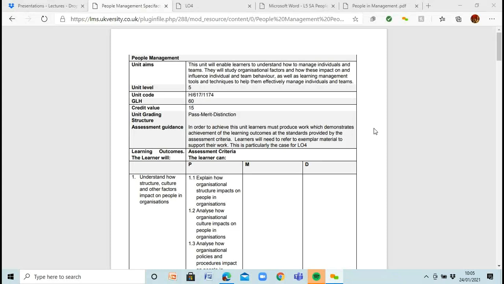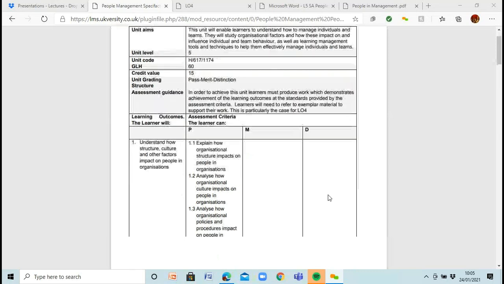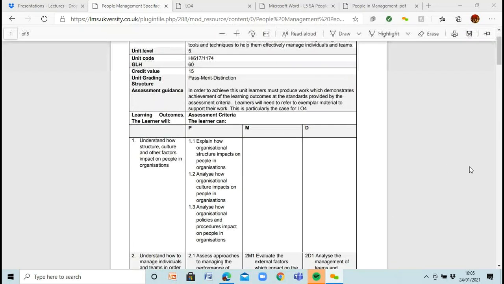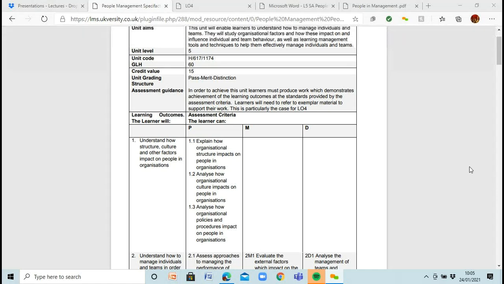Good morning. So today we're going to be looking at learning outcome 4 of the People Management Unit. Over the past few sessions we've looked at the other learning outcomes, so we'll recap quickly over what they were. So learning outcome 1